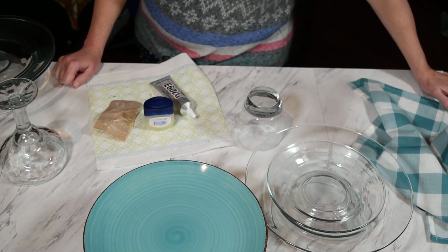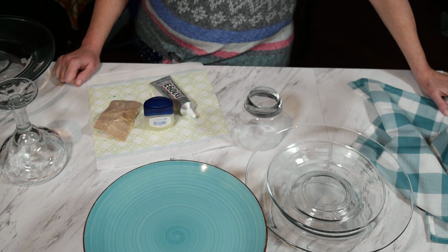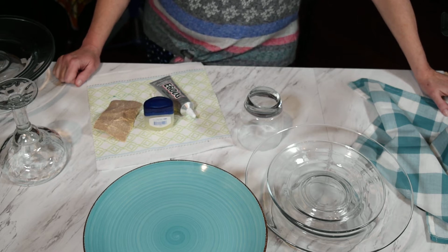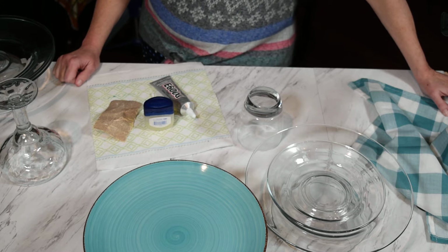Hi, I'm Terry with Eat, Crave, Create, and today we're going to create a cake plate using items purchased from the Dollar Tree. Years ago, a friend of mine showed me how to make a cake plate using a candle holder and a plate,